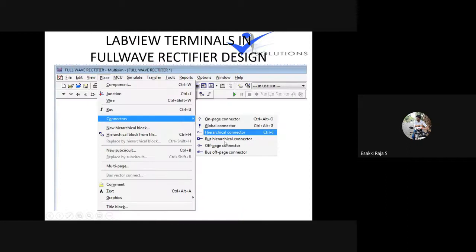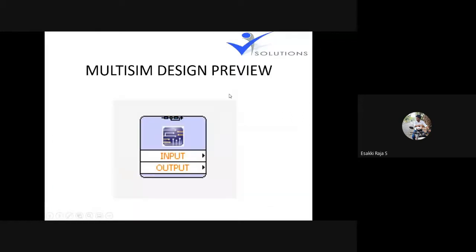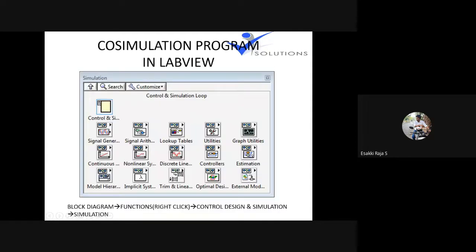What we are supposed to do is replace all those components, like inputs, with connectors. And in LabVIEW we'll get something like this, input and output. To work with this we'll use the control and simulation loop in LabVIEW. Whatever I'm showing now corresponds completely to the LabVIEW tool, another tool.